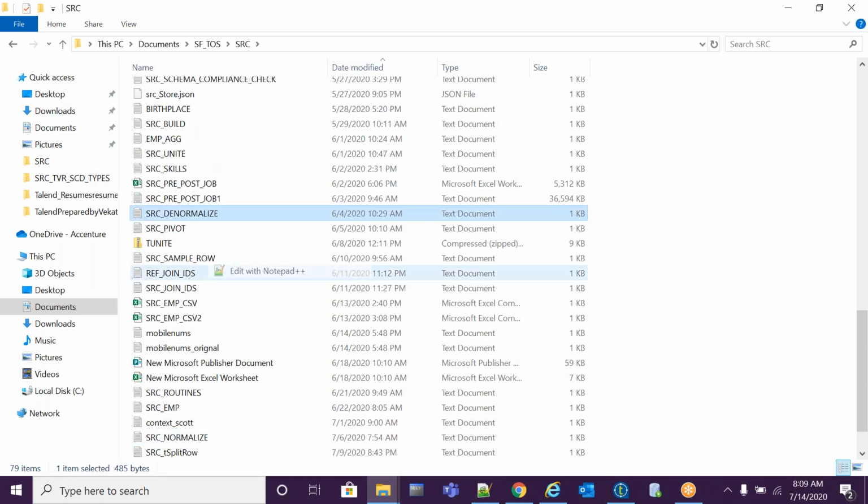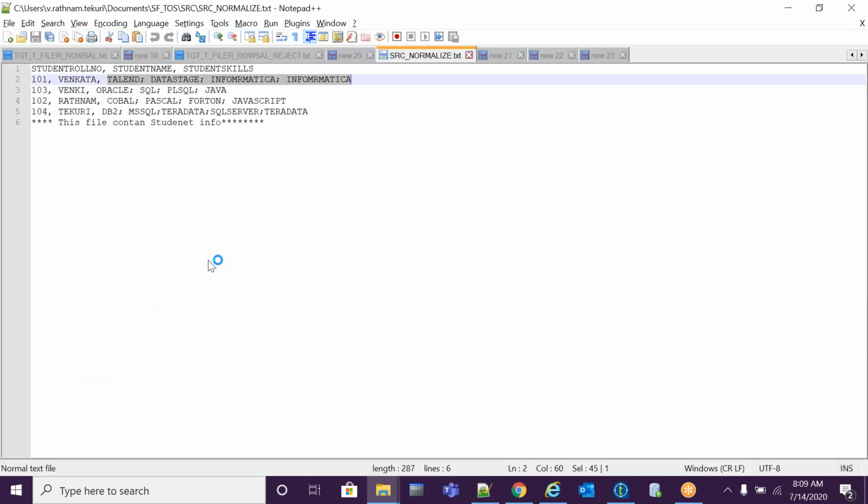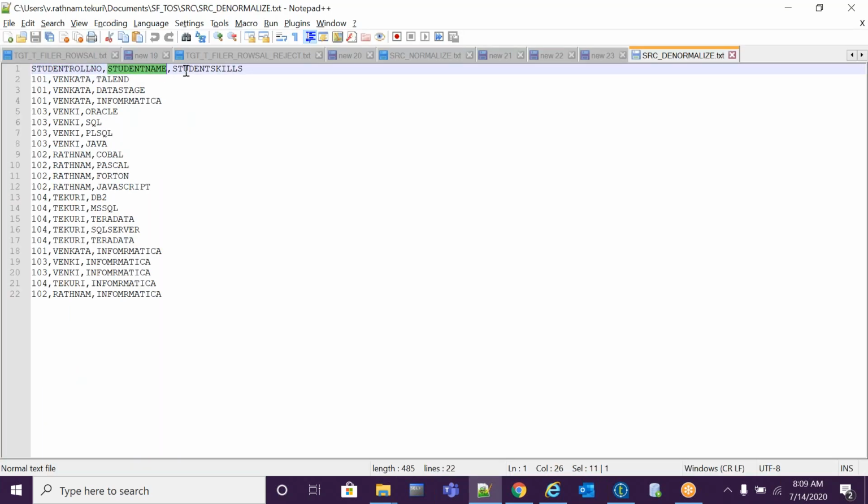Yes, this one I found. I have student roll number, student name, and student skills: Talend, DataStage, Informatica, Oracle. So these are my skill sets. But in the output I want all the student skills in one single line with a separator delimiter. So how to do it?